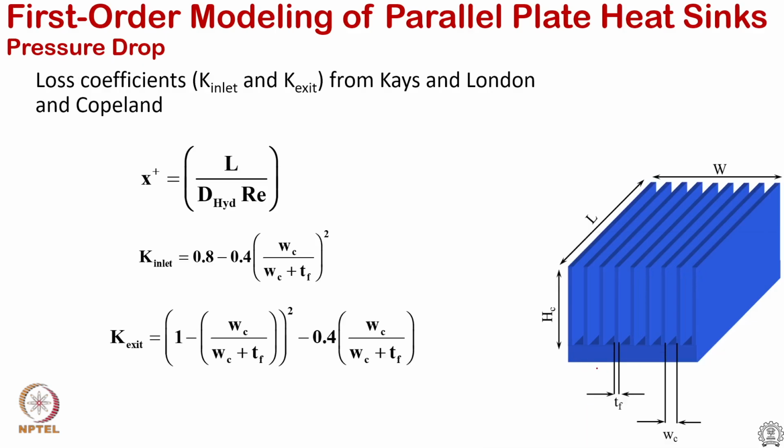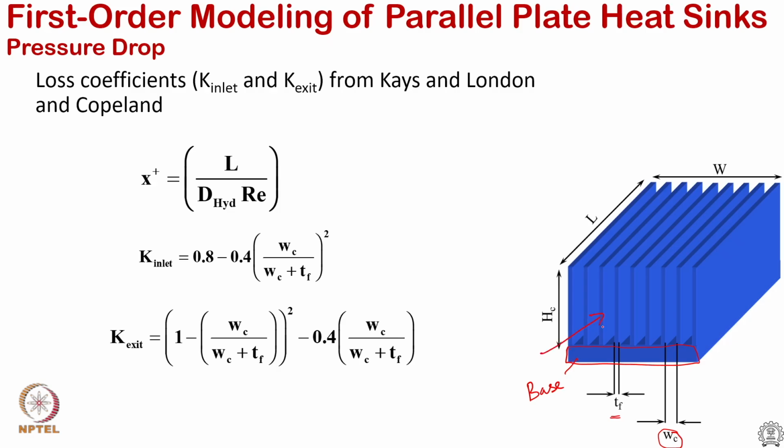Here is the example of a parallel plate heat sink, where this is the so called heat sink base. These are your fins, and let us consider a fixed volume is available. Typically volume is a fixed constraint. One has to fit a heat sink within a given volume, and mostly in electronics space is premium, because we always target thinner and thinner devices. The thickness of the fin is to be treated as T sub f, and spacing between the fins, which is the channel width, is W sub c,